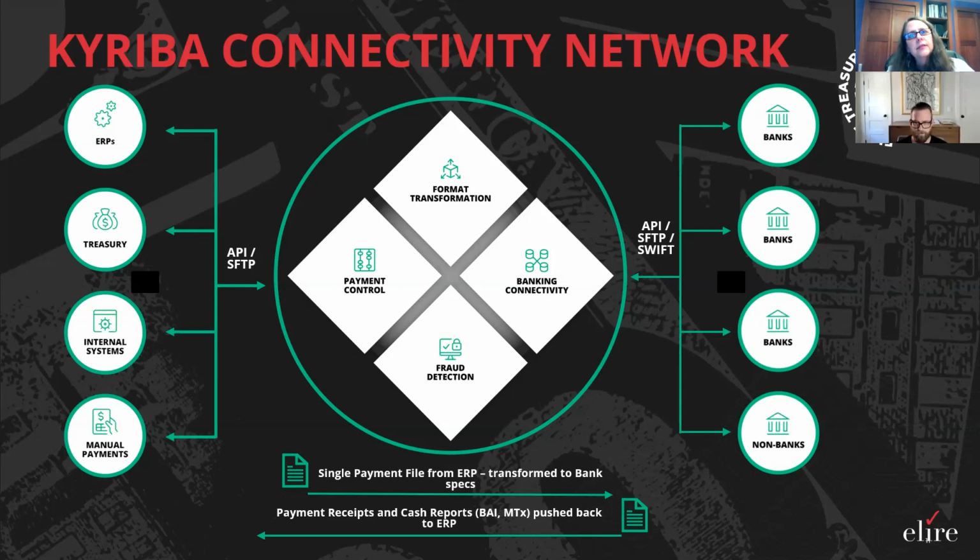So we're able to take, again, a single payment file that's coming out of the ERP, feed it through the hub, and then pass it out to the banks, again, taking the data that we get back from the banks and feeding it all the way back through to Oracle, for example. Inside the payment hub, we go through a number of different steps. So the payment control center does a lot in terms of the approvals.